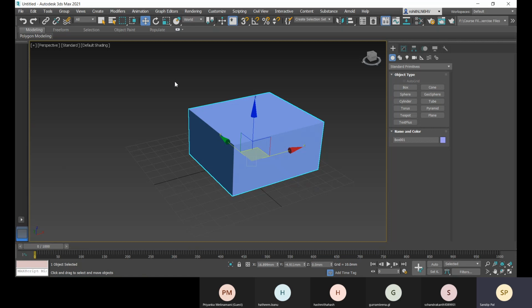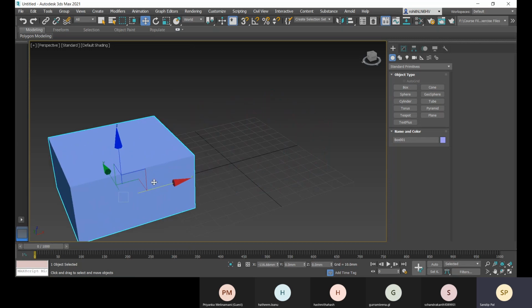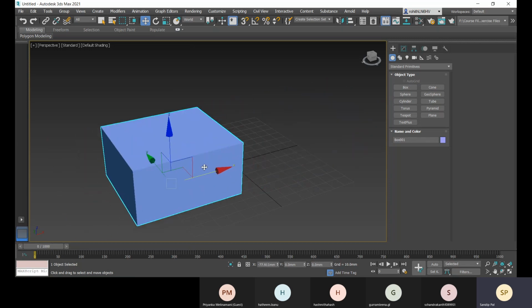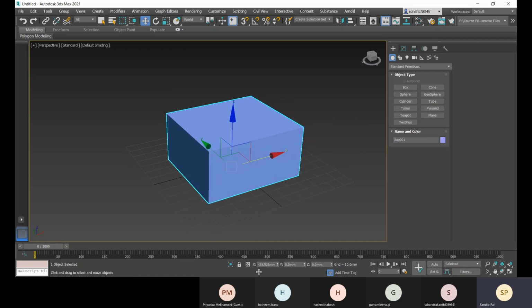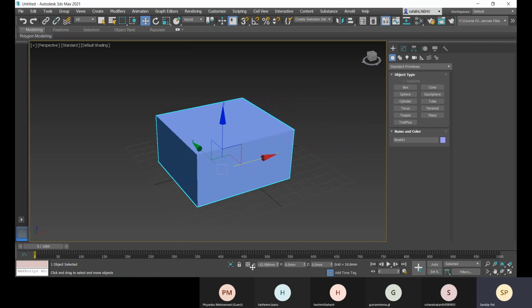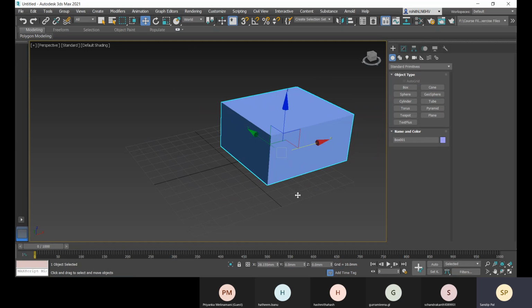Okay, let me show you all these functions just quickly. So we hold this and see this X is right now highlighted with the yellow color. That means you are selecting this X axis. Along this X axis you can move, and just focus on this coordinate section. You can see only the X is being changed, right?